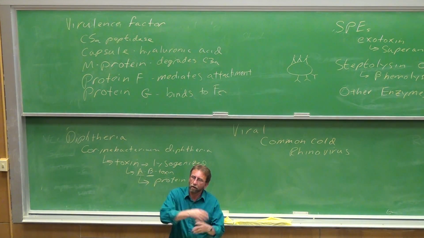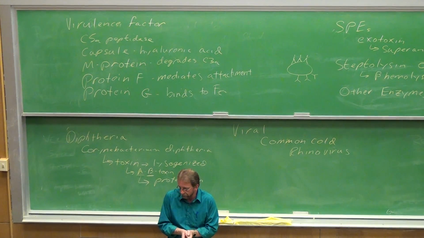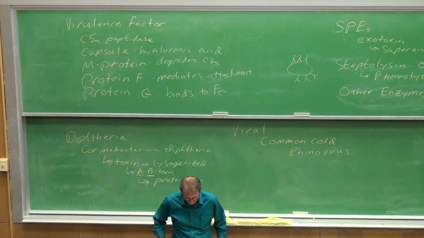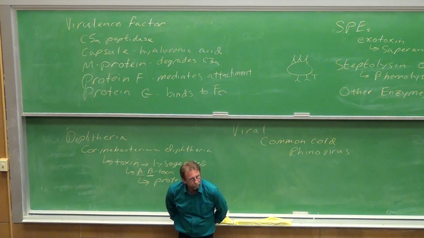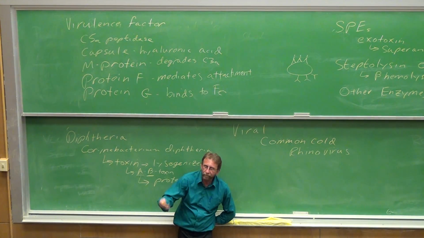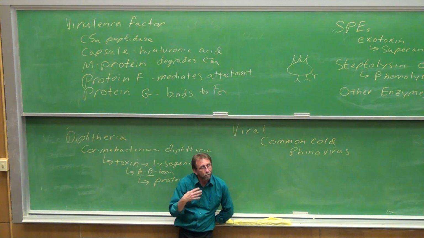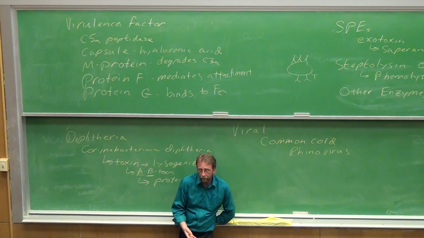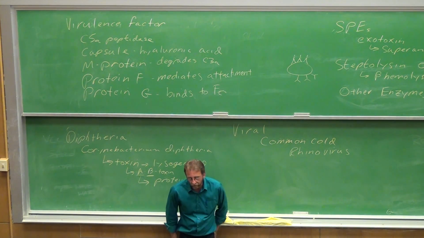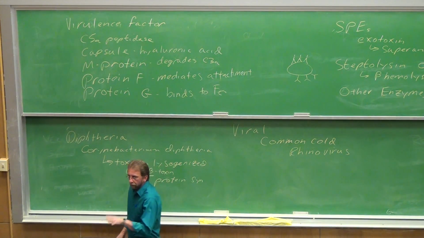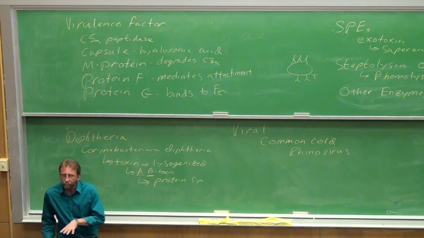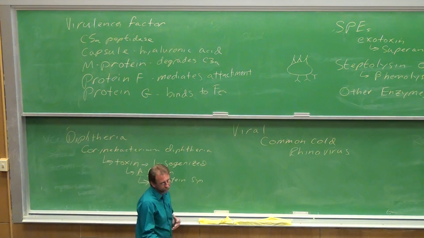But there are a whole number of others that can cause the conditions that we know as a common cold. The virus attaches to specific receptors on epithelial cells. It multiplies there, goes on and infects other cells, and destroys the ciliary motion so that you develop that cough to get